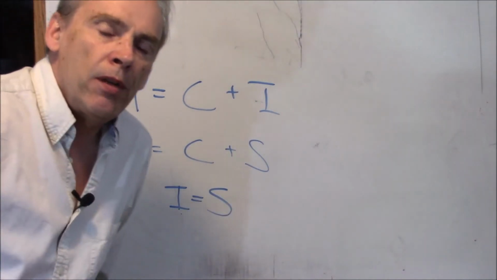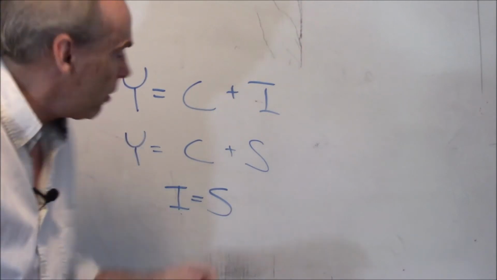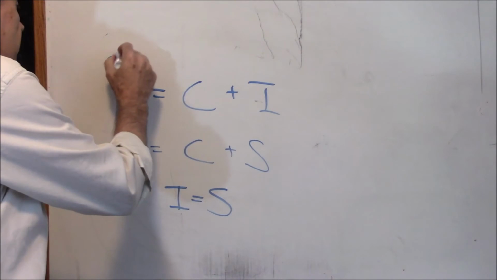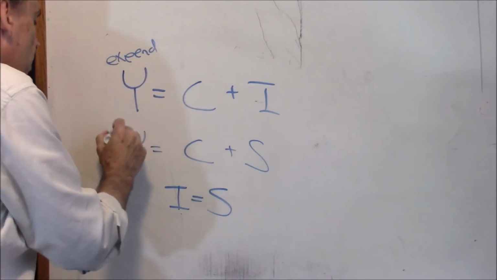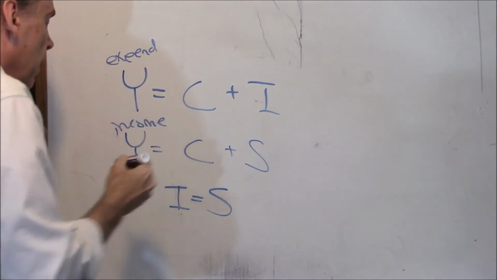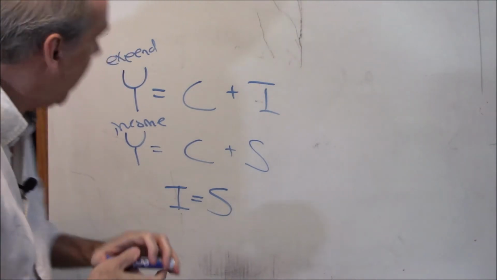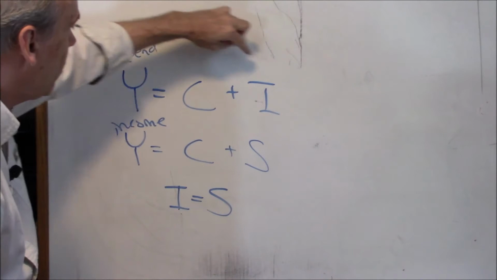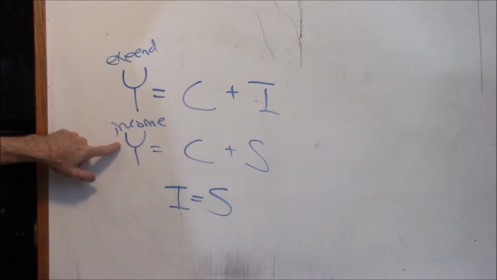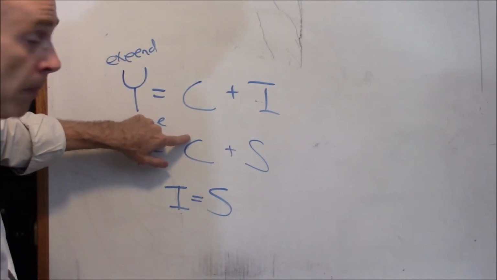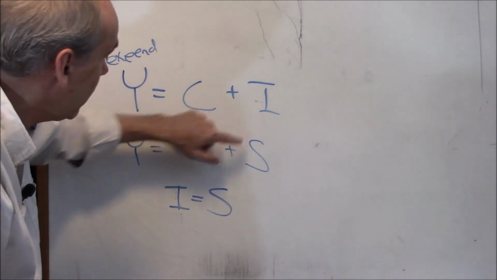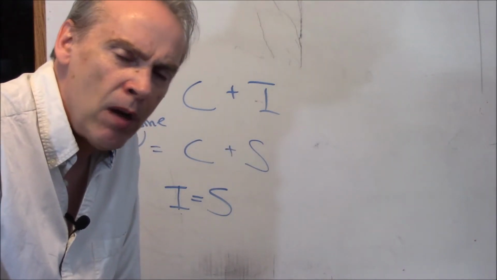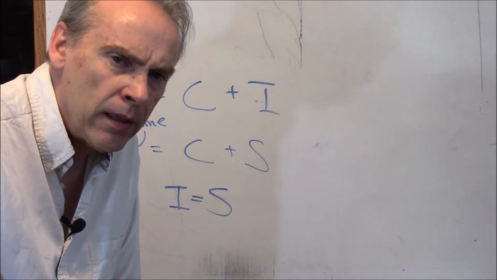Well, then it must be true that investment equals savings. Because remember, these two are the exact same number. This is expenditures. This is income. Expenditures are either consumption expenditures or investment expenditures. And then once you have your income, what can you do with it? You can either spend it or consume with it, or you can save it. So investment and savings must end up being the same number. And that's right. It does.